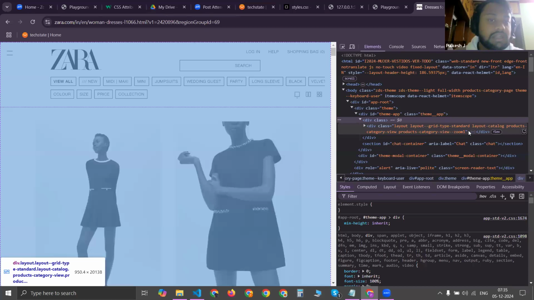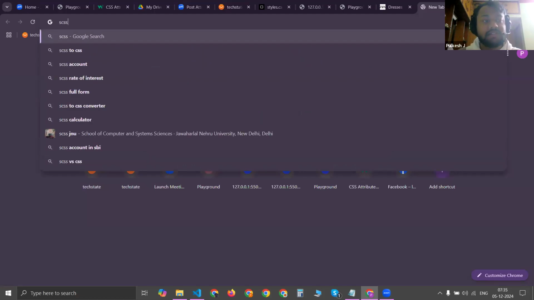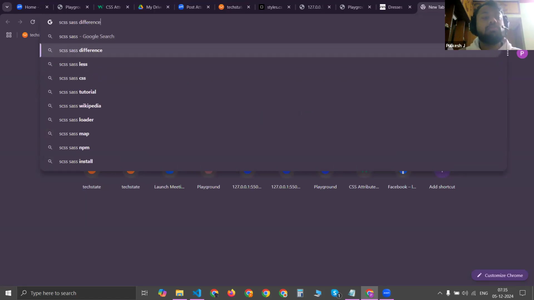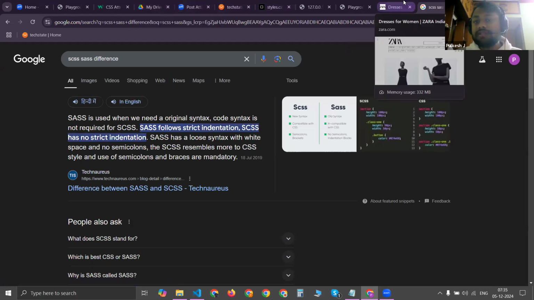The technology they are specifically using is called SCSS or SASS. These are modern CSS languages. How do they work? Like, for example,